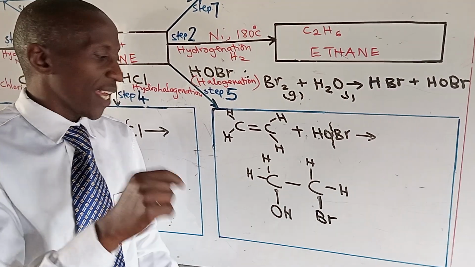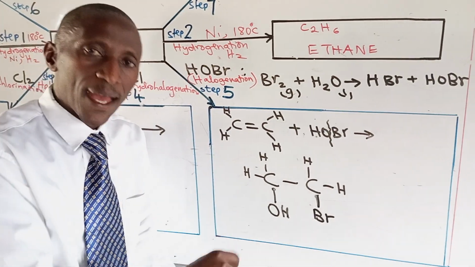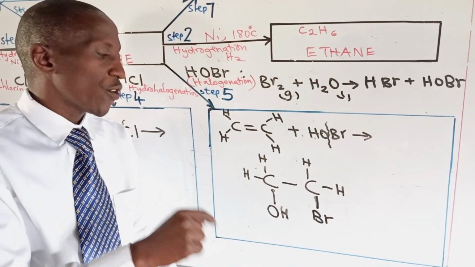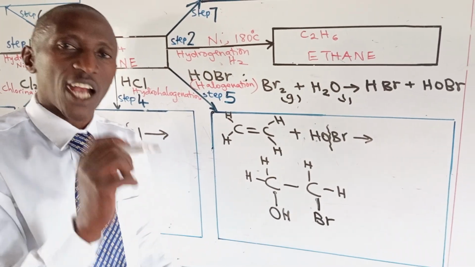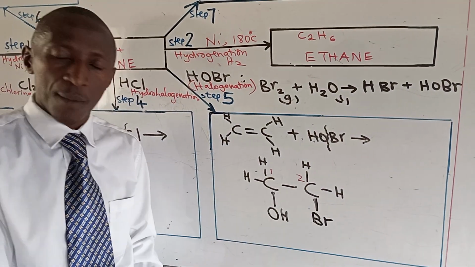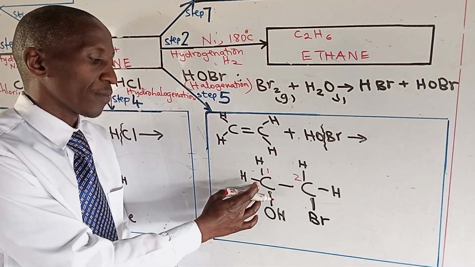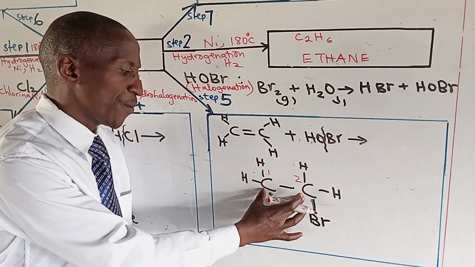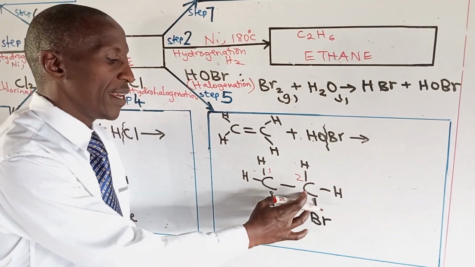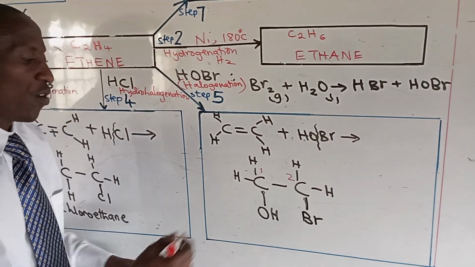Now, the second most important concept to know is that when a functional group is in a compound, that functional group takes priority. The carbon atom it is attached to becomes carbon number 1. So this will be our carbon number 1, while bromine takes carbon number 2. So we are saying the fact that the OH is attached to our carbon atoms that form this bond, the OH is on carbon number 1, while the bromine is on carbon number 2. So hence, what is the name of this compound? We shall call this compound,